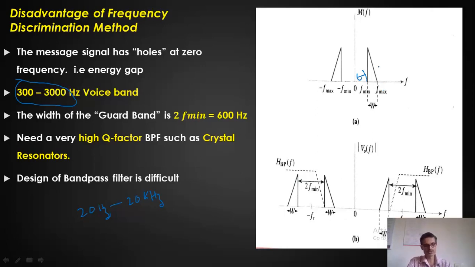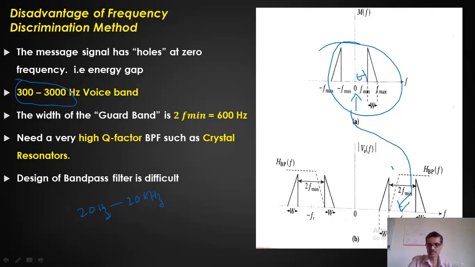Now, if this signal is given to the product modulator, the entire spectrum, which is centered at zero, is shifted by fc hertz when it is applied to the multiplier, or product modulator. This is what I'll get at the output of the product modulator. By using an ideal band pass filter, I have to choose any one of the spectra. Looking at this figure, I can say there is a gap between the two sidebands, but this gap, or the guard band, is minimal, very small.